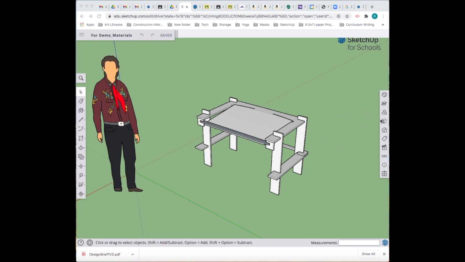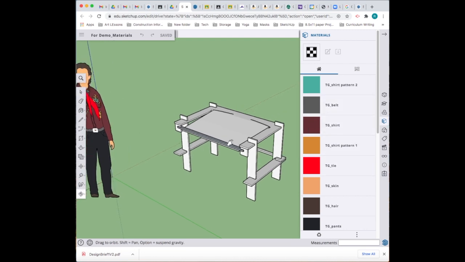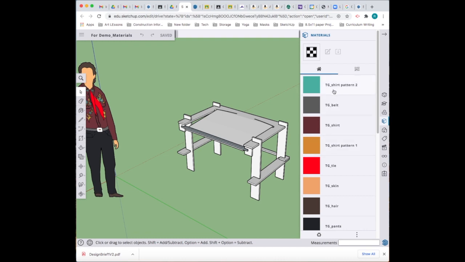To find the materials window, you have to click this tool here that looks like a perspective box with an X in it. If you click that, you will see all the colors that are currently in the model. And you'll notice that there's some colors here, and that's largely in part to what's going on in the figure